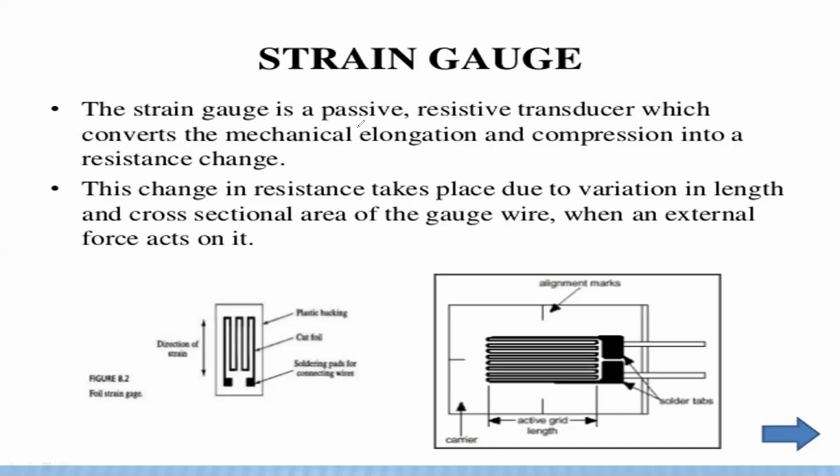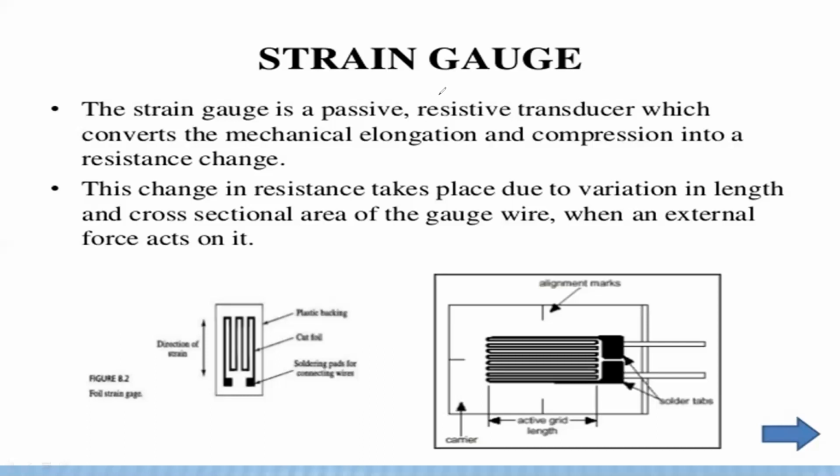Whenever we apply the forces on that area, automatically the strain gauge is also elongated or compressed. So in that compression or elongation, the electrical resistance is developed. The electrical resistance is developed by the force acting on that strain gauge. Okay, so when the strain gauge is affected by those forces, automatically it will generate the electrical resistance.